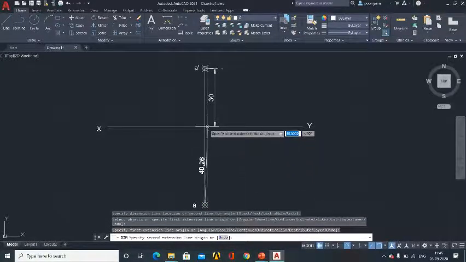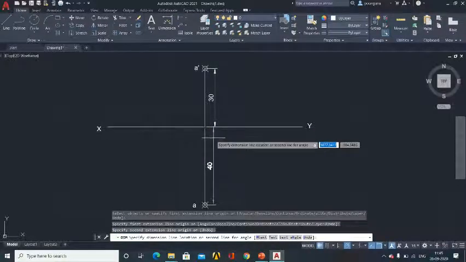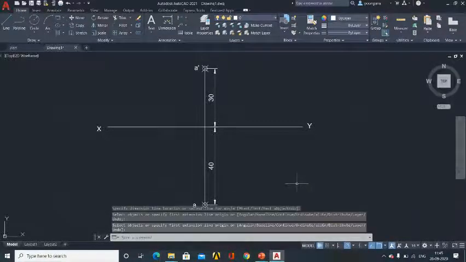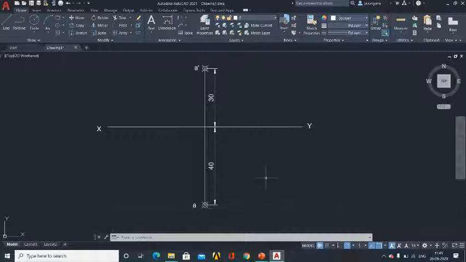Here also, starting point, end point, and just click, 40 mm. Okay, so that is how we are going to draw the projection of points in the first quadrant. So very simple and very effective procedure. So that's all, our experiment is completed, which is projection of a point in the first quadrant.